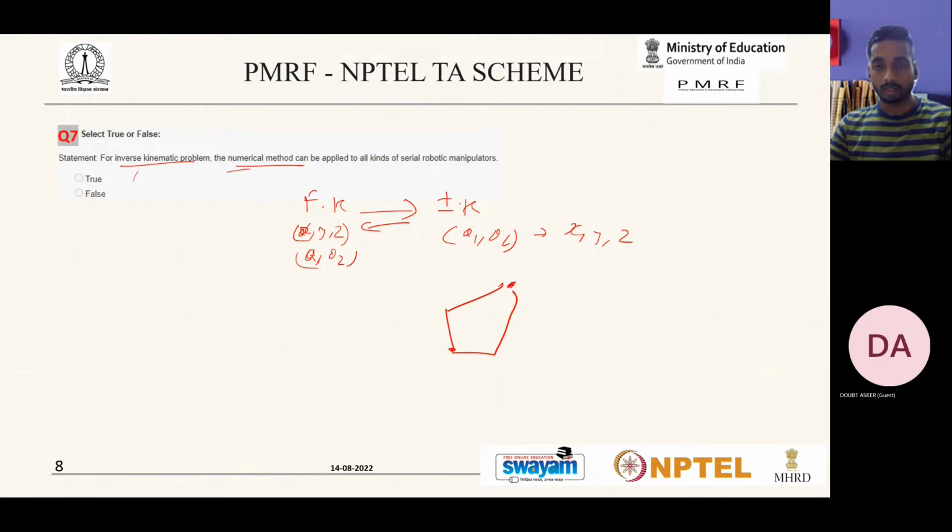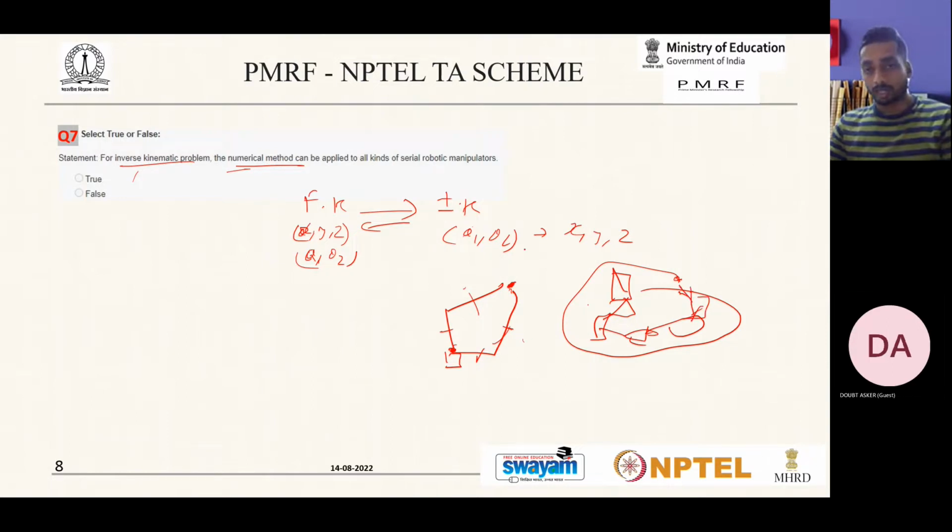Now, if we take a manipulator, suppose this is our point of interest where we want to go, and this is the base, and this is our manipulator. There are at least two ways in which we can approach this point, this way or this way. Similarly, for more complex robots, we'll have multiple solutions to reach one point. So we have multiple orientations to reach this point. So for inverse kinematics, we have multiple solutions,